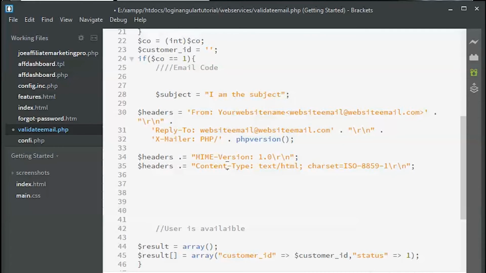Similarly, now there are some headers, okay. I don't know exactly what this is for. This is just for encoding or something. We don't need to pay too much attention to this. Now the other main part of the message, here we need to create a variable called message, okay. So here you can copy an email HTML code in the email, but just make sure that it is properly escaped for double quotes, because that can be a problem.